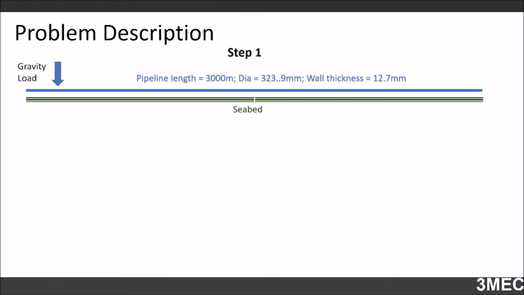So now the problem description is like this: you have a subsea pipeline which is laid on a seabed. So this is your seabed. Obviously in the first step, we're going to apply a gravity load. We will fix this end of the pipe. We will fix the seabed to not move in any direction. This end will be free. And then we will just apply gravity load so that the pipe falls down on the seabed and creates a contact,